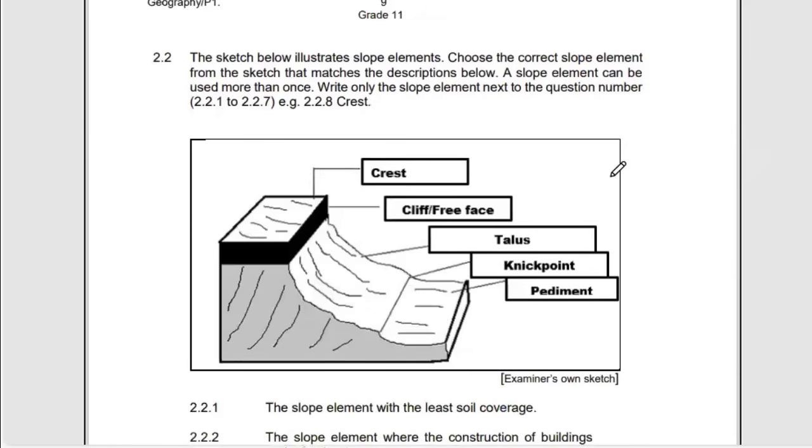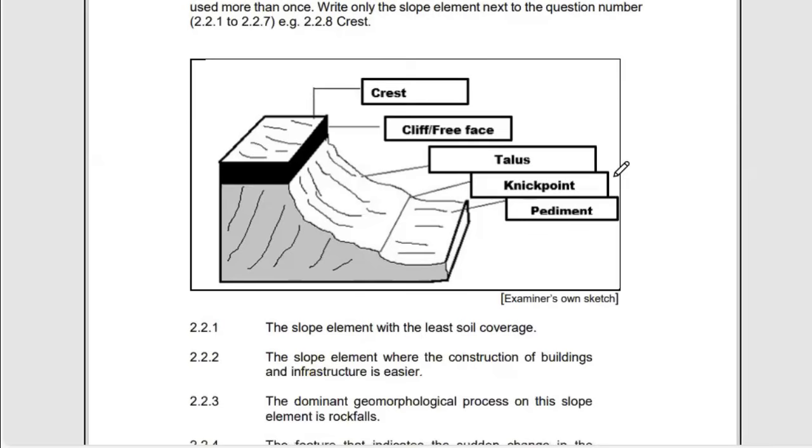Question 2.2 is basically referring to slope elements, the elements of a slope, starting from the uppermost part of the slope where we find the crest of the slope, going to the cliff or the free face, and going to the talus, and the nick point, which is a sudden drop in gradient on a slope, and we go back down to the pavement. Right, without wasting time, let's look at the questions and refer to those aspects of slope